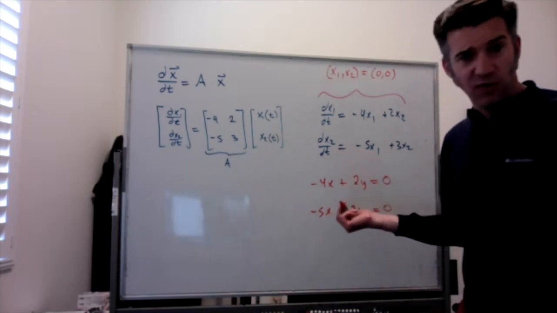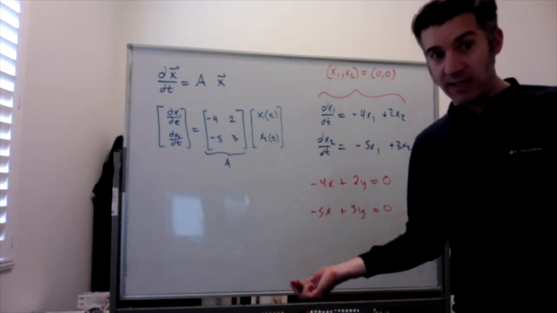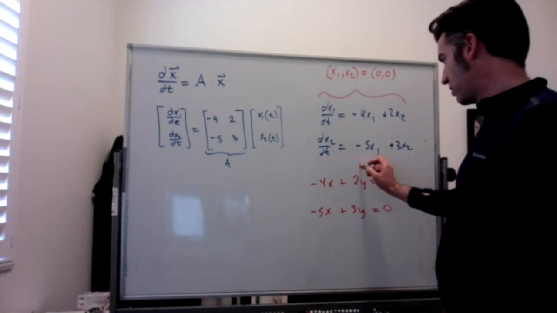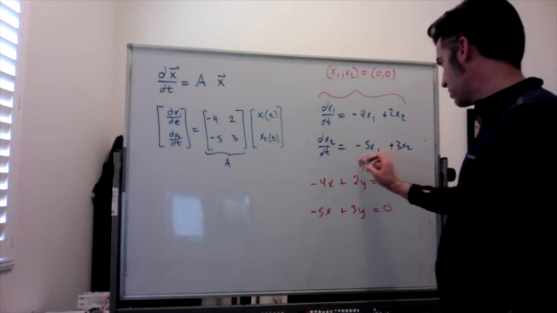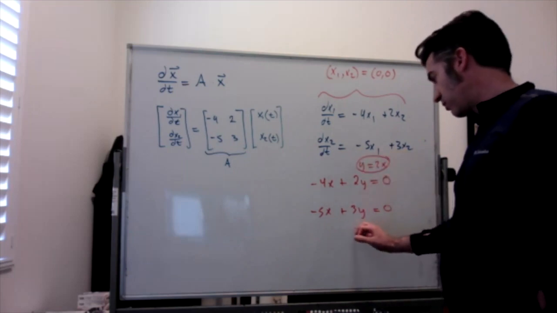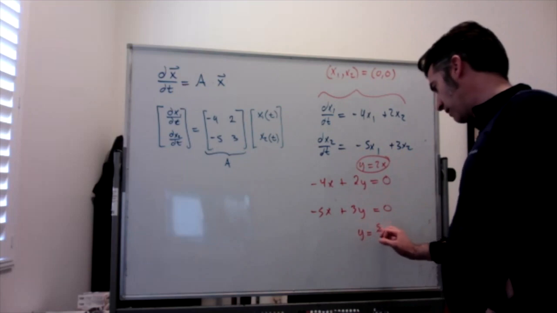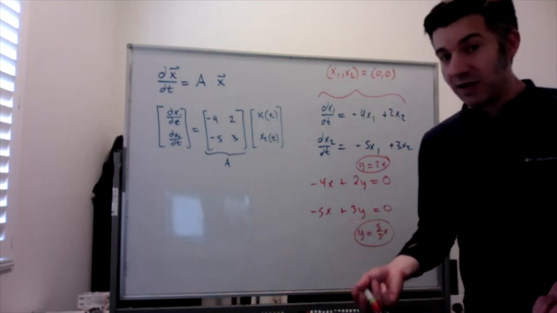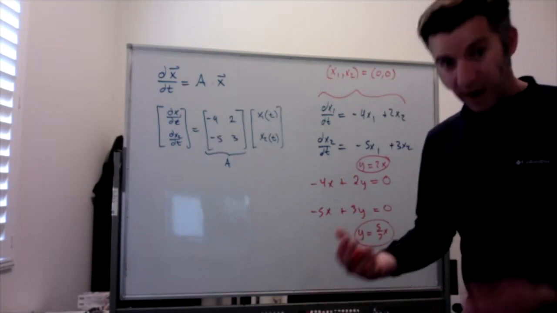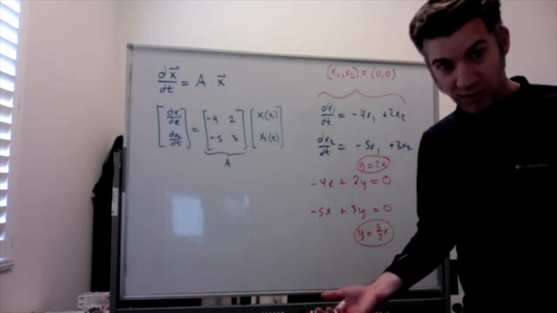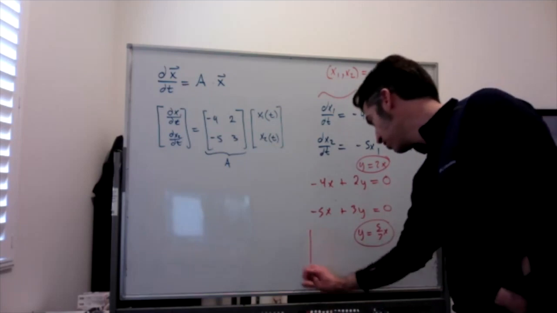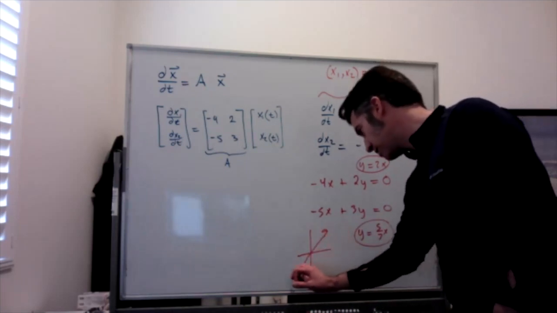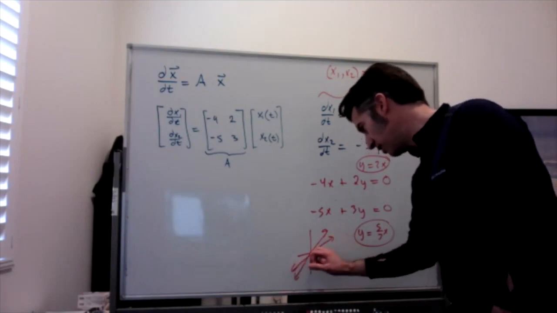If you solve each of these for y, you're going to get different lines that go through the origin. This one, you're going to get 2y equals 4x, so y equals 2x. This one, you're going to get 3y equals 5x, so y equals 5/3 x. The only place two lines that both go through the origin intersect, that don't have the same slope, is the origin, right? There's no other place that y equals 2x and y equals 5/3 x could intersect other than the